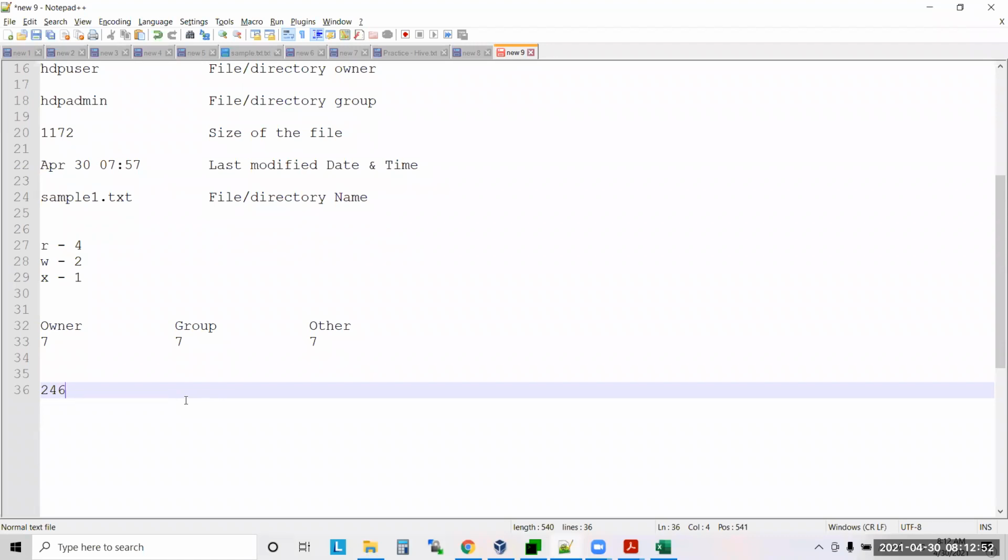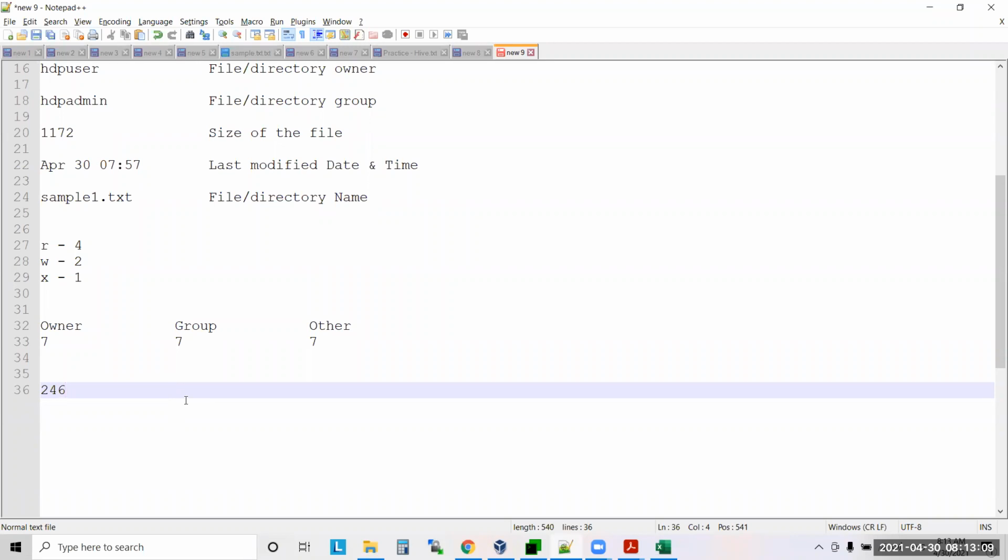Others can do read, but nobody will put it like this. Will Unix or Linux allow you or not? It will allow you. Linux will allow you, but nobody will put it like that. That's only simple theory.